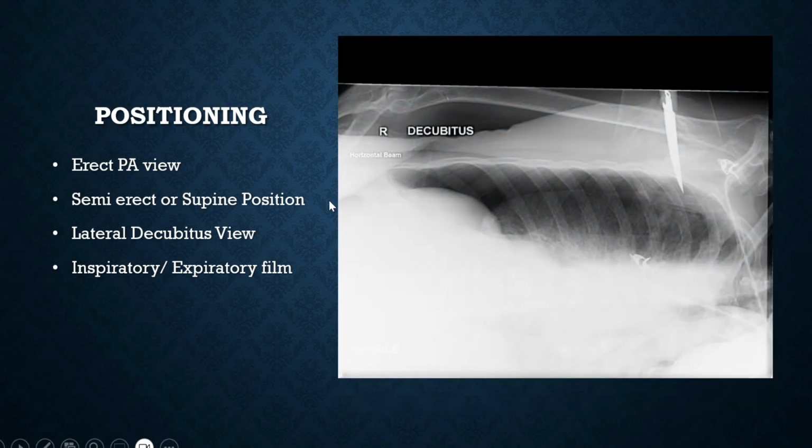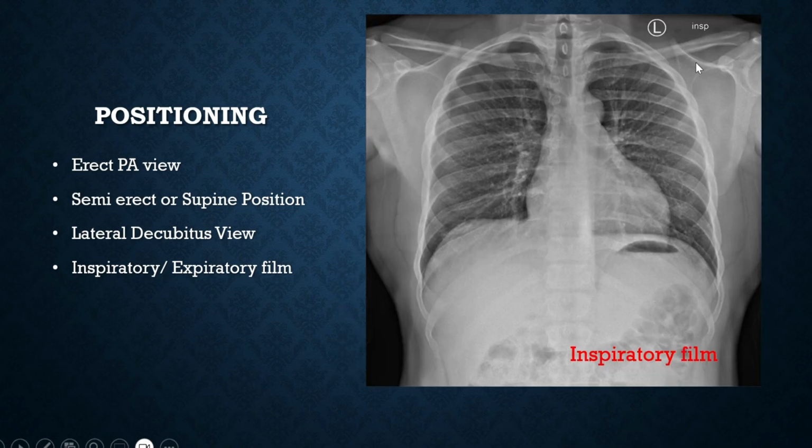Now the lateral decubitus view, where the patient lies in the lateral position with the affected side superiorly, in the non-dependent position. As we can see in this image, there is a stab injury in the chest wall leading to pneumothorax formation, so it is diagnosed by the lateral decubitus film. This is the visceral pleura outlining the lung, and this is the air accumulated, and there is no bronchovascular marking. So this is the pneumothorax.